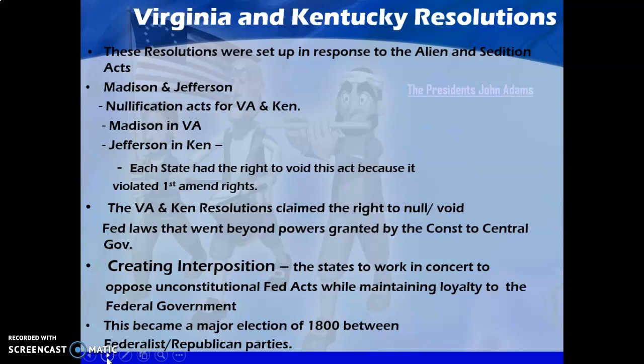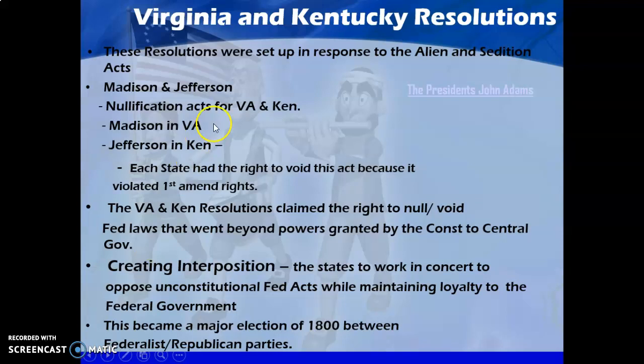The one in Kentucky. Virginia and Kentucky resolutions claimed the right to null and void federal laws that they said went beyond the powers of the Constitution or central government. This is called interposition. And the reason you have two states with this is because the states are going to work together. They're going to work at the same time to oppose unconstitutional federal acts. Meanwhile, they're going to maintain loyalty to the federal government in every other aspect. They're just going to say these laws that are unconstitutional, we're not going to enforce. This became a major election issue in 1800 between the Federalist and the Republican parties. This became a major focus of the election: can the federal government impose laws that are seen as unconstitutional, and do the states have the right to oppose them and not